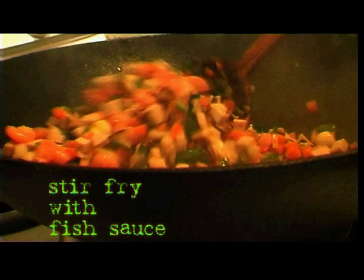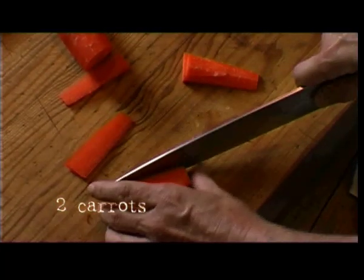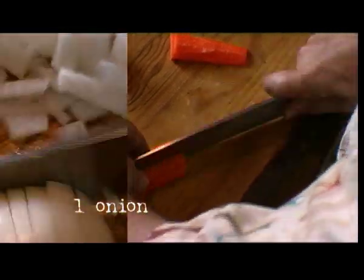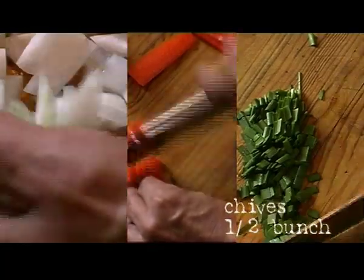The next time you make a stir fry, use fish sauce instead of soy sauce to make this a truly quick stir fry. Dice everything into small pieces. I'm using 2 carrots, half a bunch of Chinese chives, 1 onion,